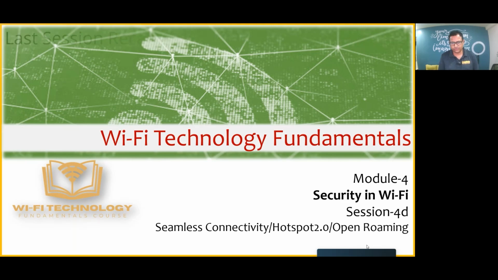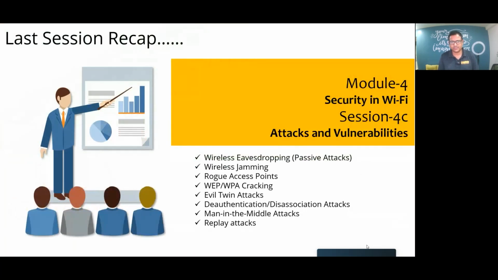Before we get into today's session, let's quickly recap what we talked about in the last session. Last session was quite exciting, and we talked about attacks and vulnerabilities in Wi-Fi. Our team, Sainath and Gopi, went through many different types of well-known attacks in the Wi-Fi world, and at the end they also talked about how we can prevent certain attacks by using certain methods. The most common attacks we talked about are the passive attacks, where we are eavesdropping on an existing Wi-Fi network. Someone can just scan a network and collect useful information from open networks. That's a very simple, very common way of